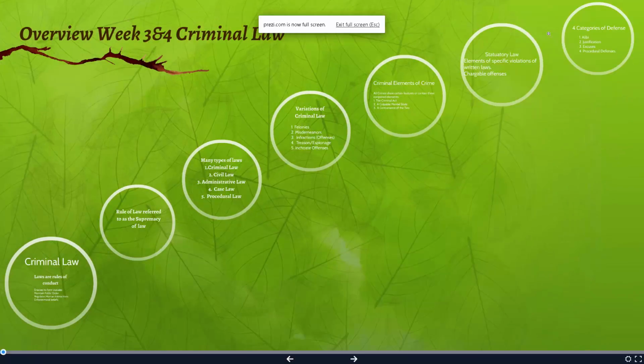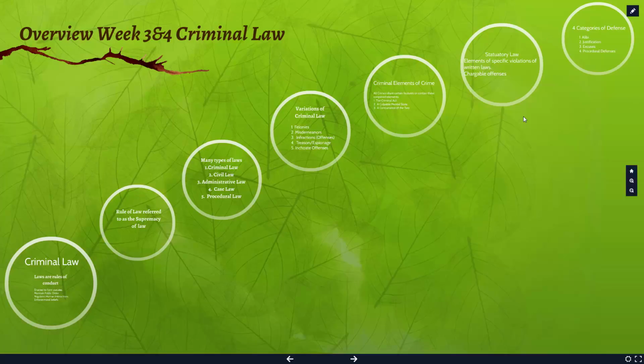This is a pivotal two weeks. We're getting into our foundation or core subject matter in criminal law. It's the backbone of basically what we're doing for this entire semester. I'm going to talk about a few of the things that you're going to be required to do this week, and number one is to read chapter 3 in your textbook on criminal law.